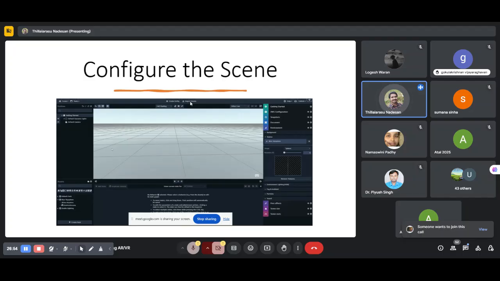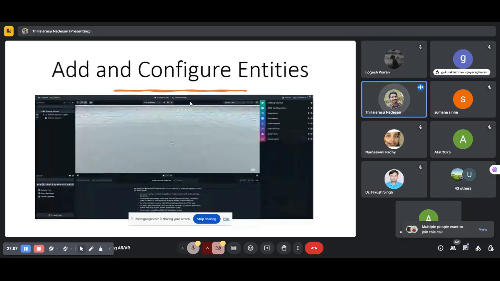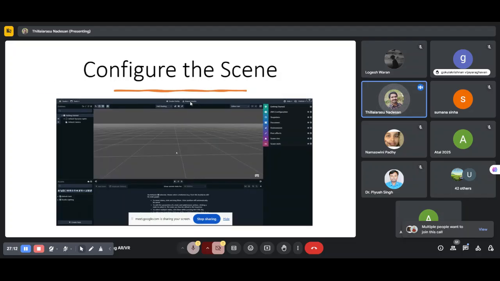Then finally you will get the Skybox asset pack in the asset panel. The pack contains the Skybox asset in PNG format, textures, and everything, which you'll get on the right side. After adding the Skybox to the scene, set it under Environment. See, this is how we can generally configure the scene.